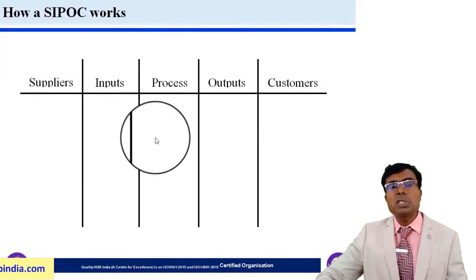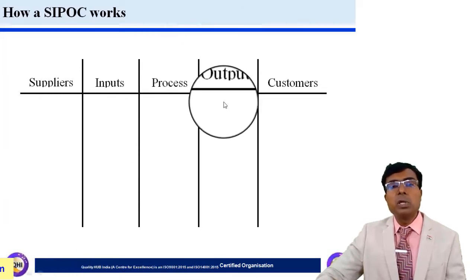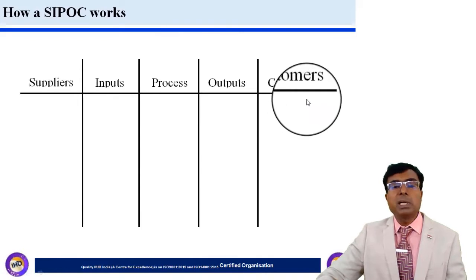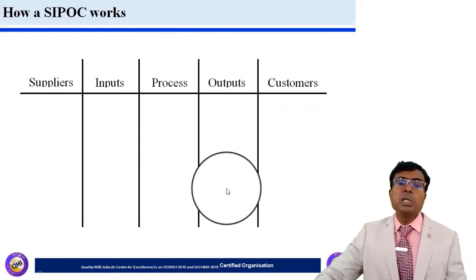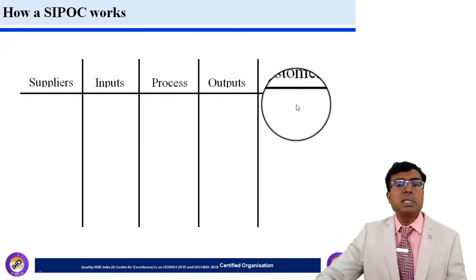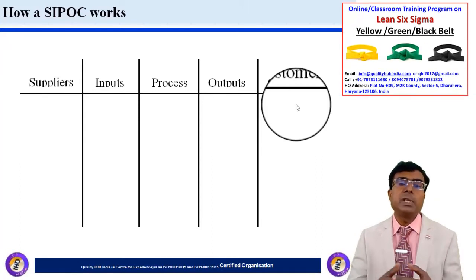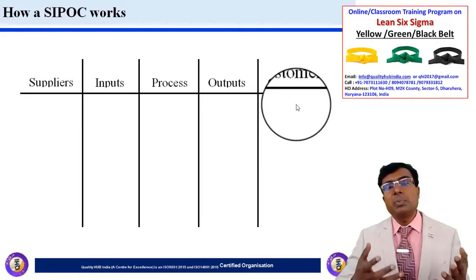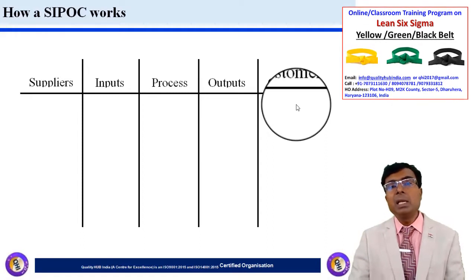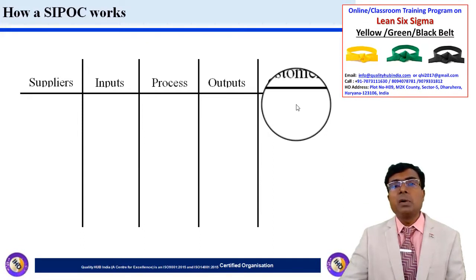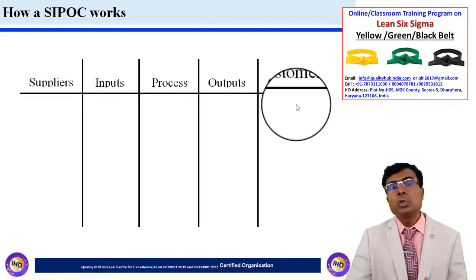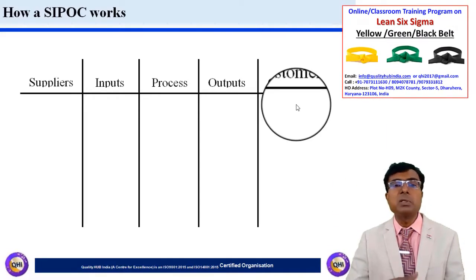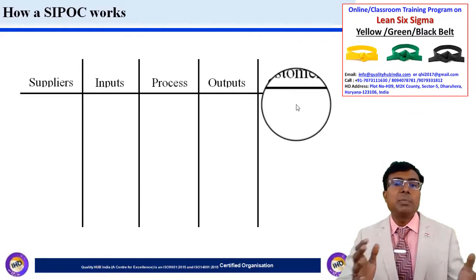In the same way, for all the process steps, what are the outputs we are going to get, and who are going to be the customers for all the outputs. So again, for all the outputs we need to understand who the customers are, and a customer could be an internal customer or an external customer, because by the definition of a customer, whoever receives the products or services, so maybe within the organization from operation 1, the process or the part goes to operation 2. So operation 2 is the customer and operation 1 is the supplier. So that kind of relationship is there.